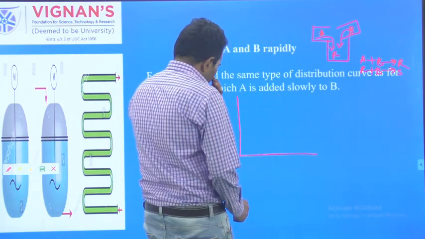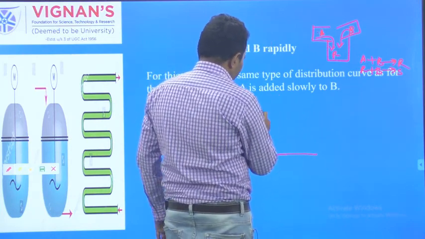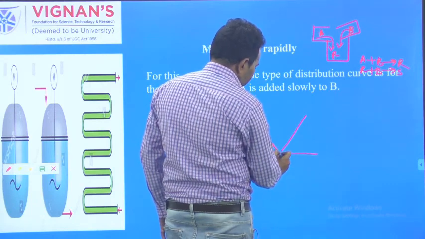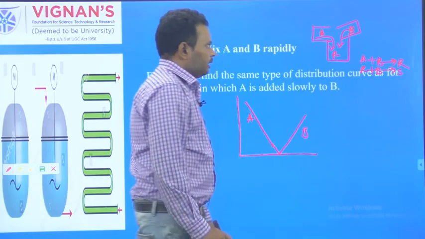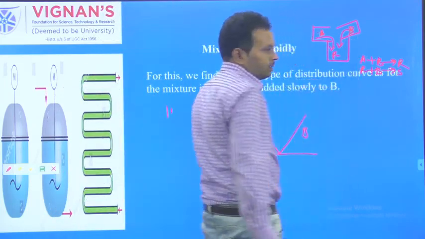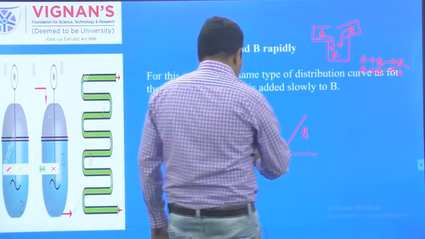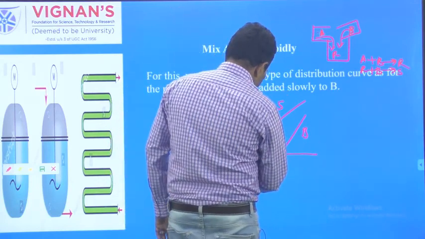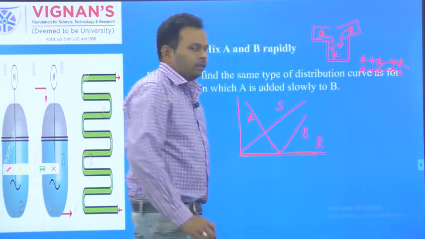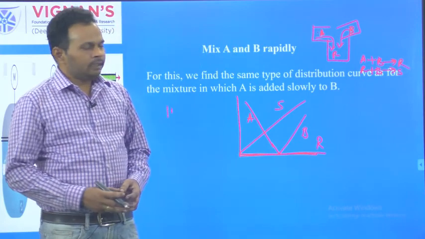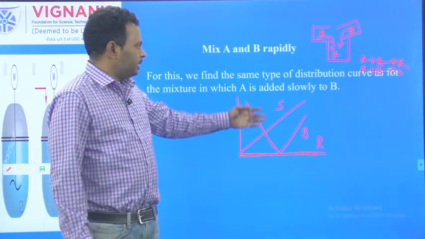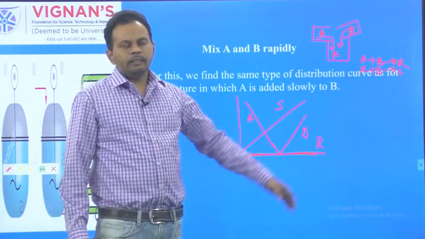Immediately what happens? The concentration of the A we can obtain like this, and the concentration of B, as we are rapidly adding together. Whatever R is produced reacts with B and produces S. The concentration of S increases and the concentration of R is automatically 0. Why? Because whatever R is produced is immediately reacting with B and producing S. So this type of product distribution is similar to when A is added slowly to the B.